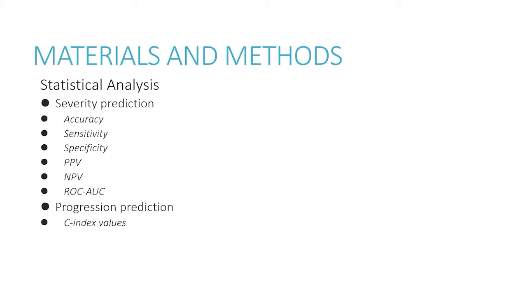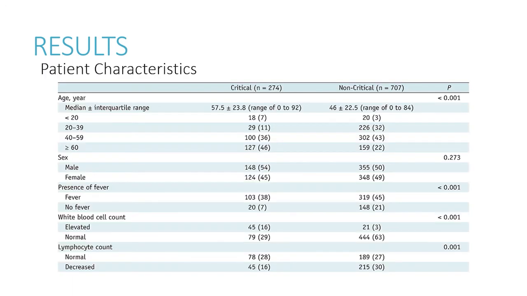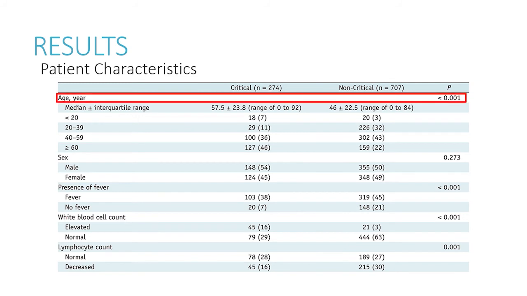The C-index and the time-dependent ROC-AUC was calculated for progression prediction. The results of our work are as follows. Of the 981 patients with RT-PCR confirmed COVID-19 and chest CT, 274 developed critical illnesses. The median age of patients who progressed to critical illness was higher than those who did